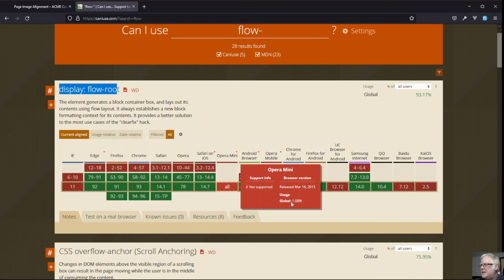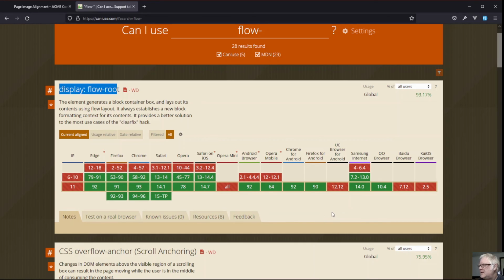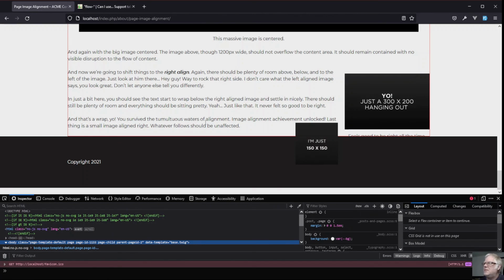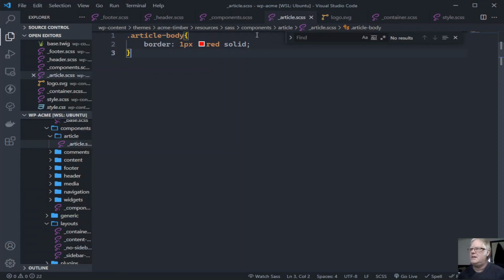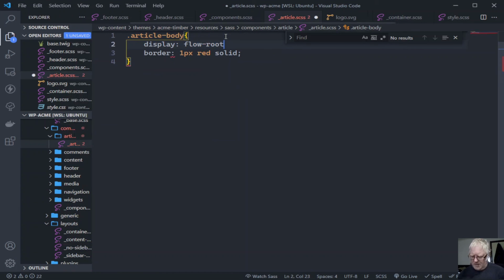Opera Mini is not supported. The UC browser for Android, but generally has pretty good support. Usually the way you deal with this kind of thing is a clearfix hack, which is what I've done in the past. But flow-root has a much more modern approach to that. So that being said, flow-root,